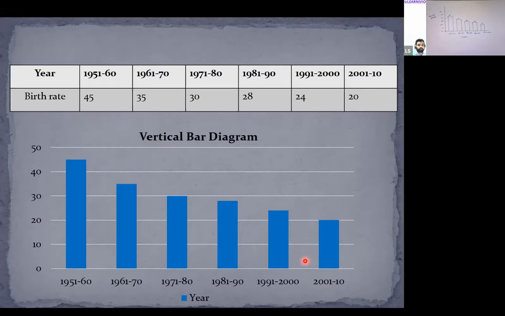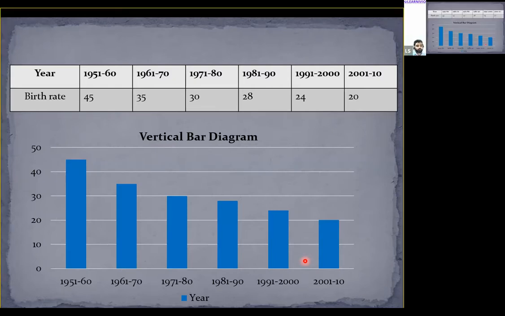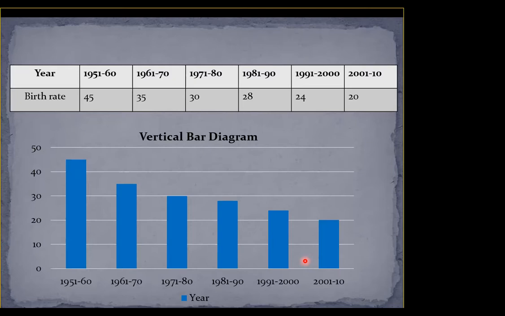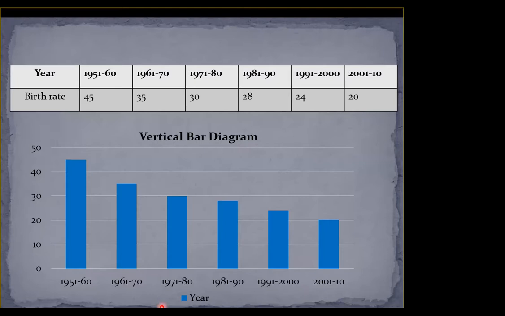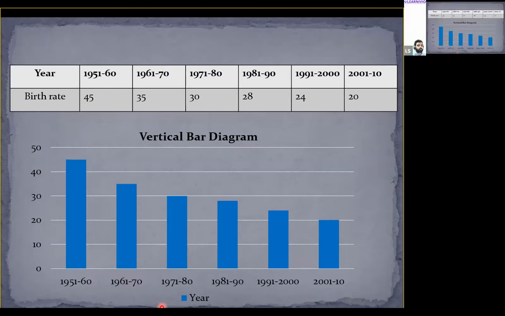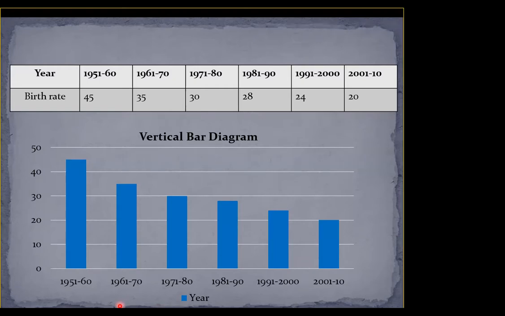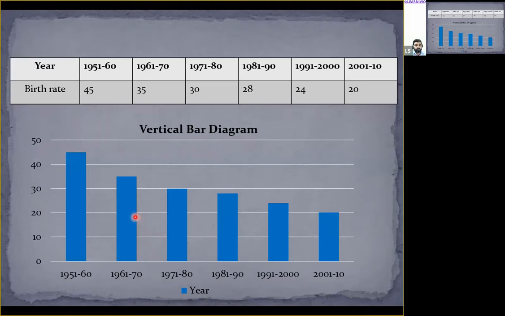All right, everyone. Is this clear how we make the simple bar diagram? This is the simple vertical bar diagram. Is this clear? Anyone having any doubt regarding the simple bar diagram? Is this clear to all of you? Yes, sir. Clear. Other than Samiksha, what about everyone else? Yes. Okay. So this is a simple bar diagram, and because we have drawn the bars vertically, therefore this will be known as the simple vertical bar diagram.